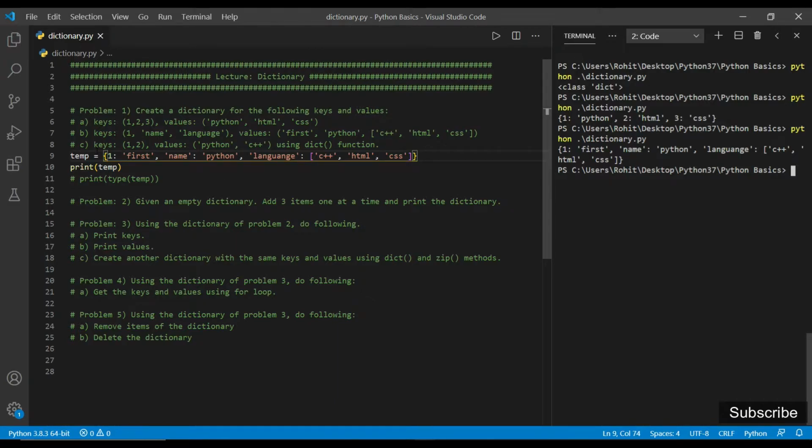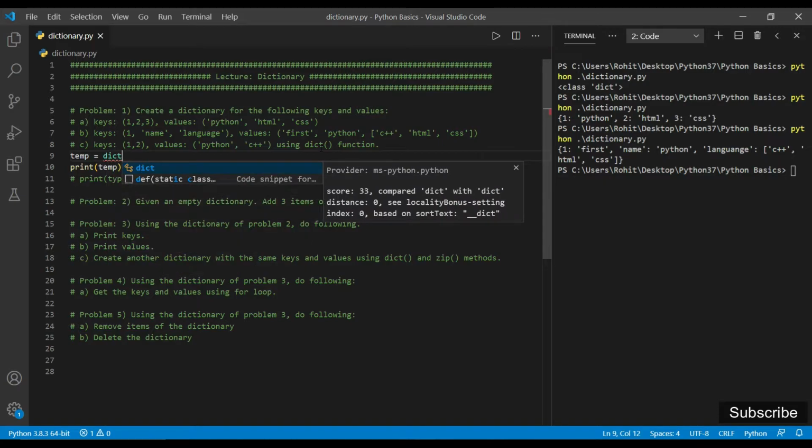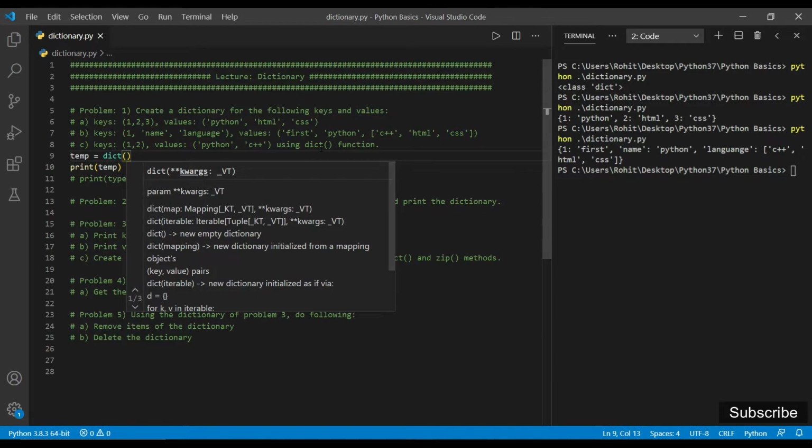Now in part 3 we have keys as 1, 2 and values as Python and C++, and we have to use a method called dict to create this dictionary. So to make temp a dictionary, we can also use this method, that is we have to write dict and inside parentheses we have to provide these keys.